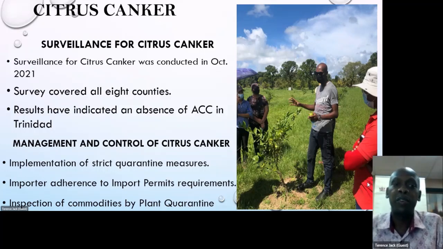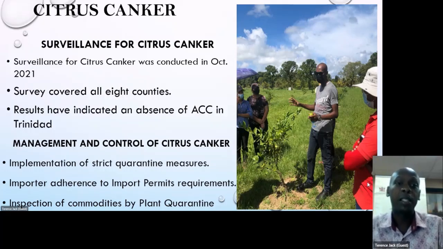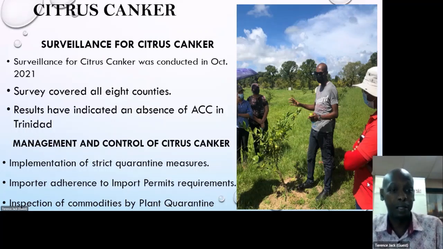So through our surveillance activities, we at the research division were able to conduct a citrus canker survey. Actually, a national citrus survey for citrus canker was conducted in October 2021, and this survey covered all 8 counties in Trinidad. And I'm happy to report that from the results that we received, Asian citrus canker is not present in Trinidad and Tobago, and this is a status that we are quite anxious to maintain, and we want to preserve this